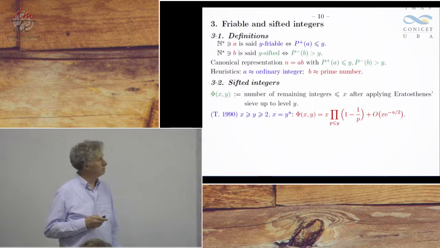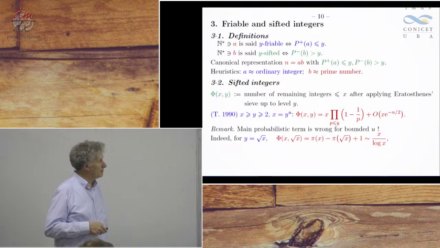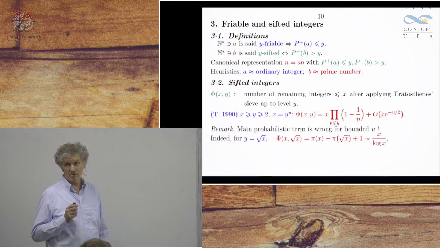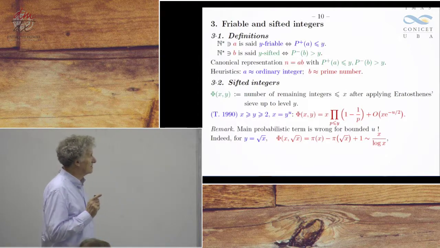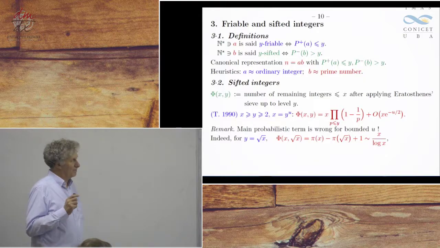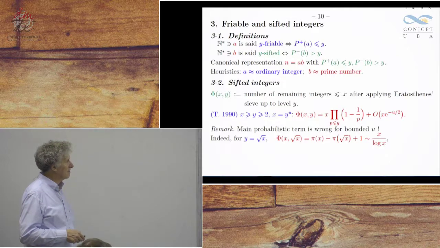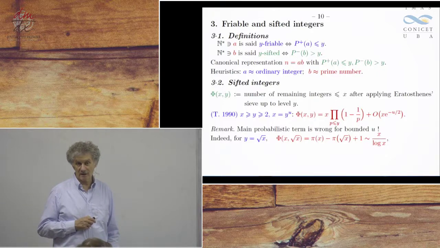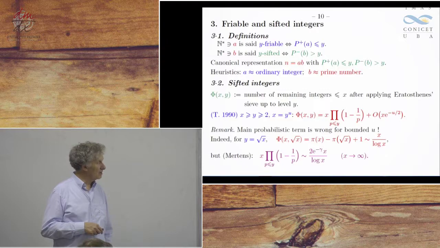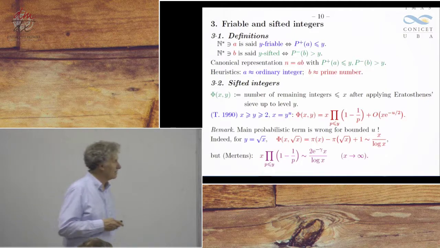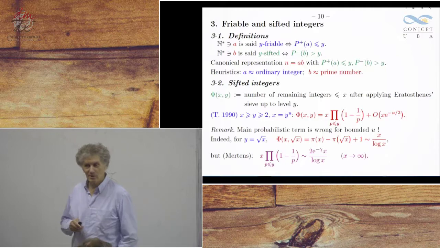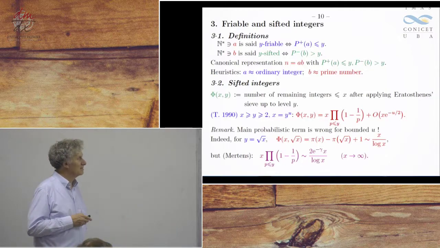So far so good, but the main probabilistic term is wrong if u is bounded. So again, we find that large primes are troublesome. For instance, if you take y equal to root x, then phi(x, root x) is just the number of primes between root x and x, so it's asymptotically x divided by log x. But by Mertens' result, the main term is 2 e to the minus gamma x over log x, and since gamma is well known to be not equal to log 2, then you see that the main term is